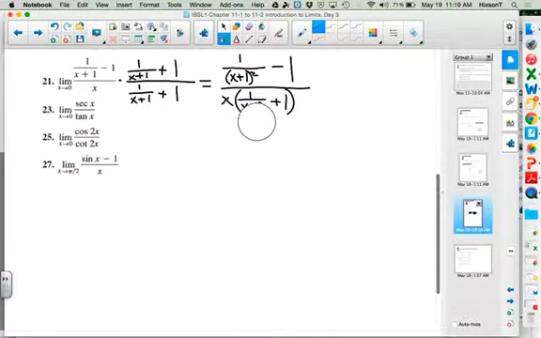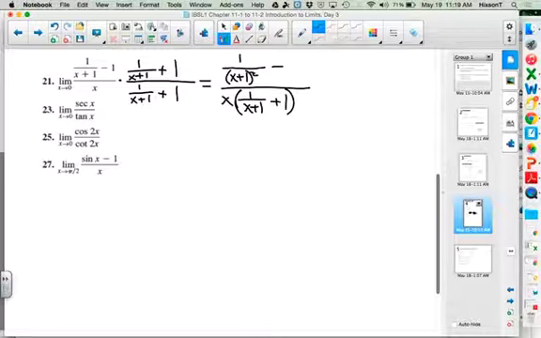Well, let's just see what we can do with this, see if that helps us at all. And remember, the way that can help us is to try to get something that will cancel out the thing that is making a 0 in your denominator. Well, if I simplified this up here,